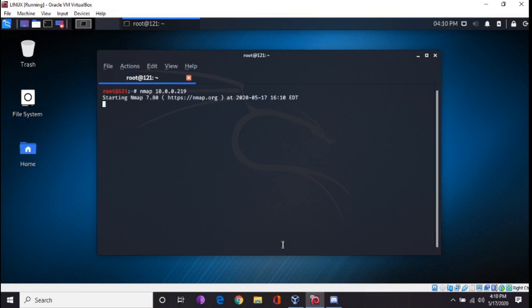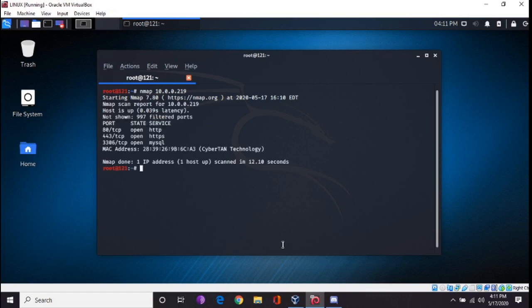Sometimes it could take anywhere from a couple of seconds to a few minutes, depending on if you are trying to make less traffic noise or more traffic noise. It just depends. How sneaky are you trying to be against your target, and how much patience do you have? And we'll show you how to time that a little bit here, but